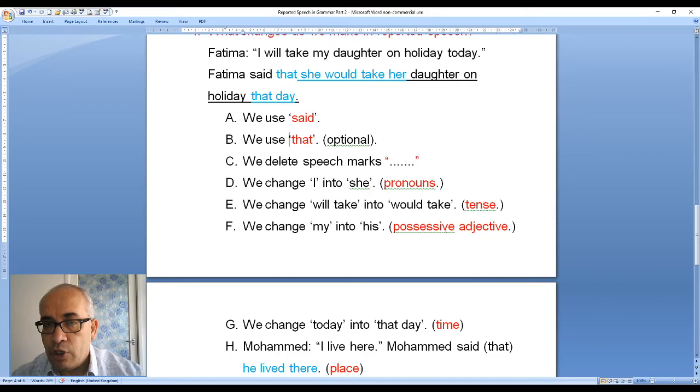But of course we have exceptions, which means things which are different from the grammatical rule. This is the general rule, but if you watch part 3, 4, 5, 6, etc., I'll put so many parts on reported speech. If you watch them, you will see the exceptions and different ways of using reported speech. But remember, when we use reported speech, we make 8 grammatical changes most of the time. 90% we make these grammatical changes.